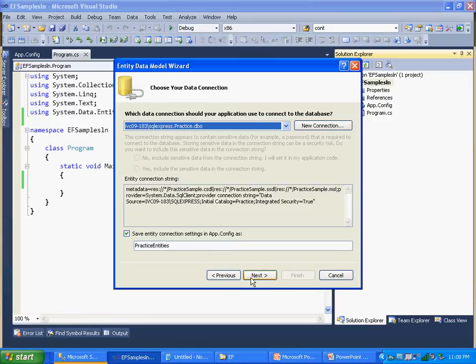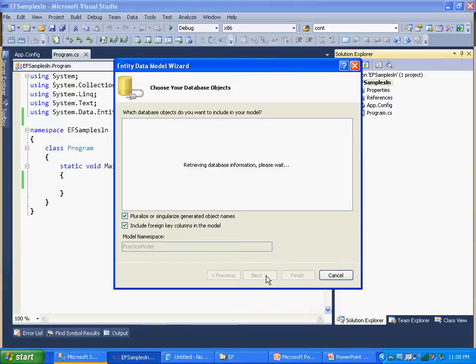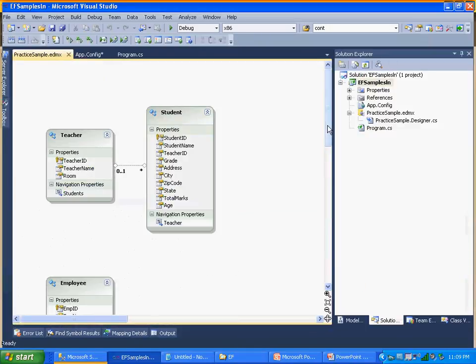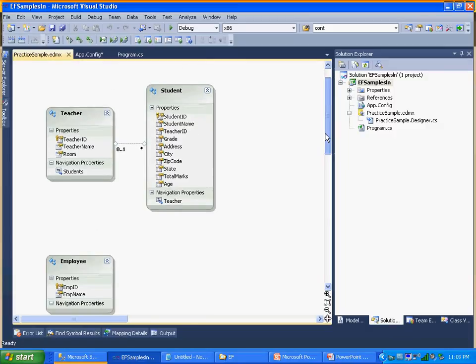I selected that, and the connection string name is going to be PracticeEntities. Click next, and here you have an option to select the tables and stored procedures. I'm selecting everything, tables and stored procedures, and click finish. It's going to generate an entity data model. If you see, it has 3 entities created: Teacher, Student and Employee, and the stored procedure is also there, but